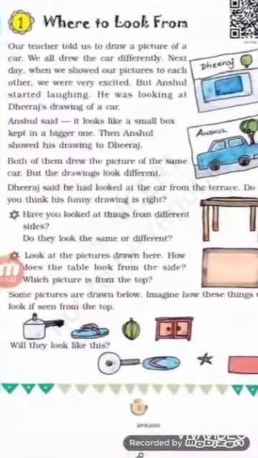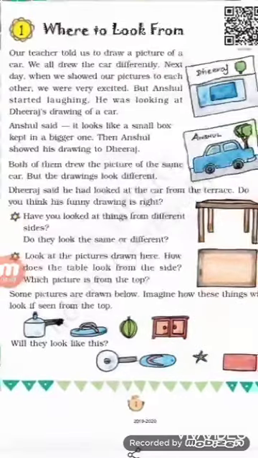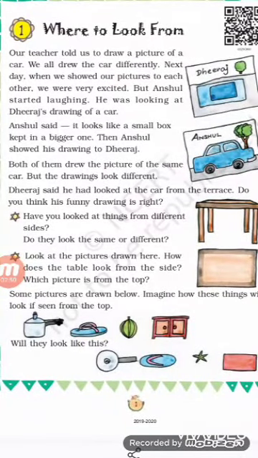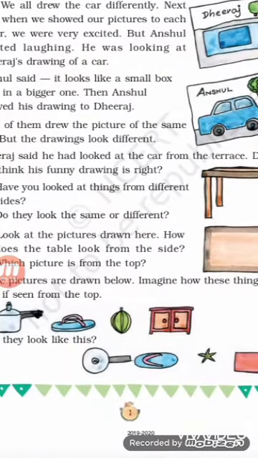Right? See some more examples given below. One pressure cooker is given. A pressure cooker is there in the house. Okay? Tell your mama to show you the pressure cooker in the house. See, the first one is the side view of the pressure cooker. Means you can see the whole pressure cooker properly. That is called the side view. And in the next picture given below, see, that is only the upper portion of the pressure cooker. Means you can only see the top part of it. It is called the top view.